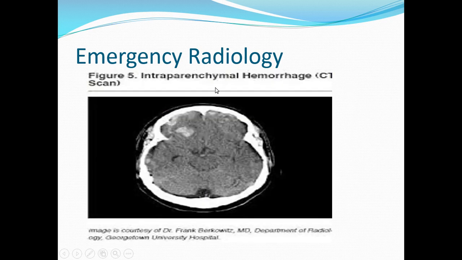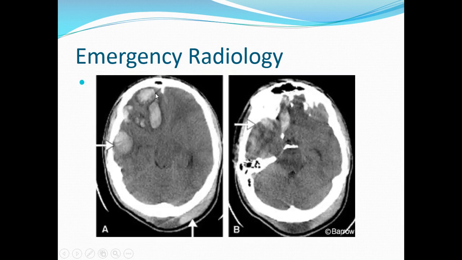Then intraparenchymal hemorrhage, multiple hemorrhages in the brain parenchyma, basically in the frontal and temporal lobe. This intraparenchymal bleed has a thin rim of hypodensity around it. Why does this occur? This is basically the edema due to the irritant hemoglobin which lies inside the brain. You can see all of these have a surrounding hypodense rim. So this is edema, this is the irritation.